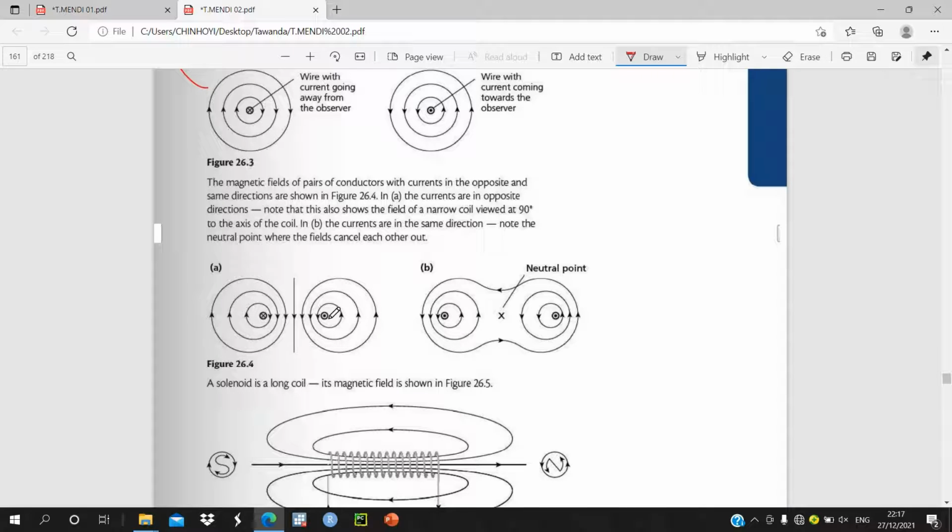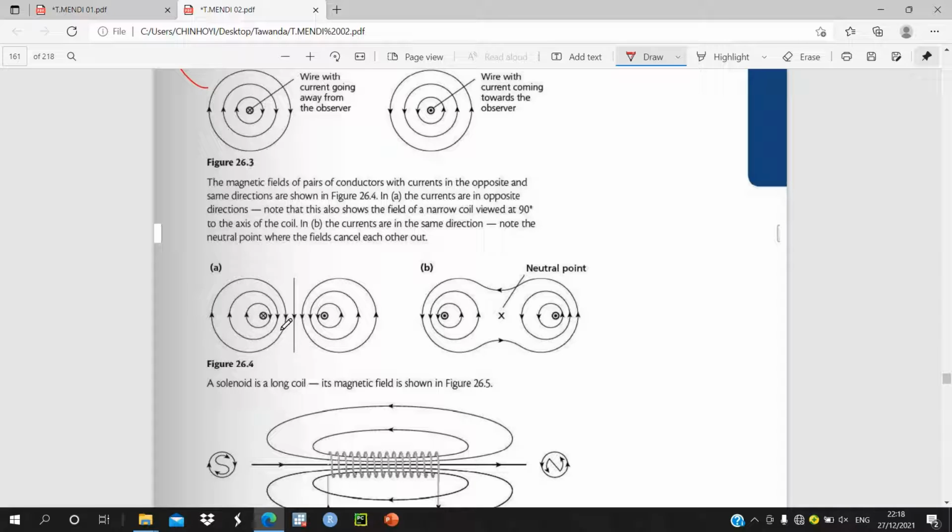Here it is moving away from the paper. Since we have this pattern, we can join the two, so it will be like unlike forces. There will be attractive forces if we have two conductors carrying current in different directions. So there will be a force of attraction between the two